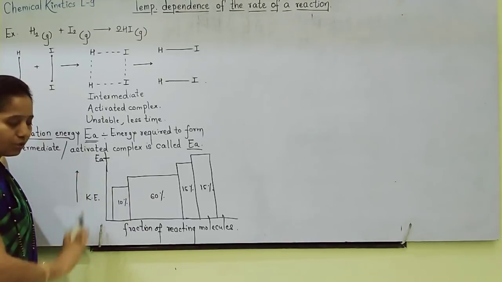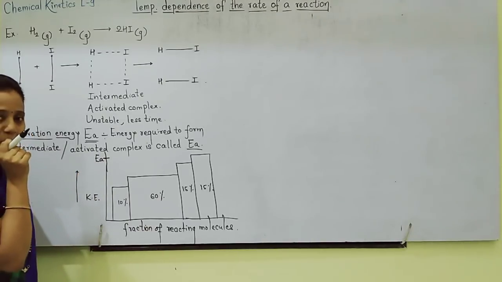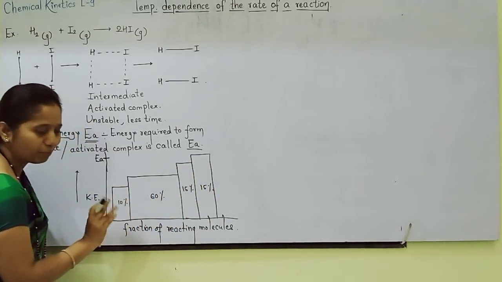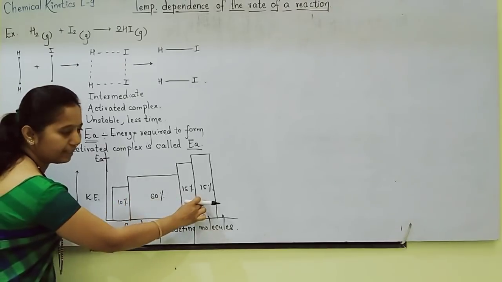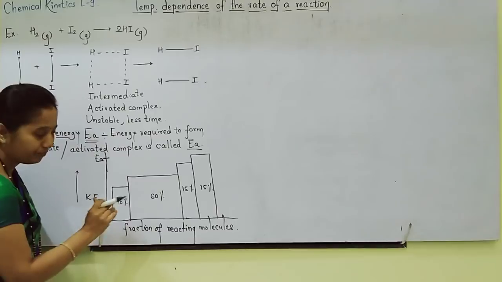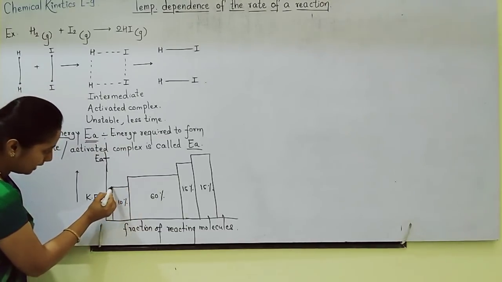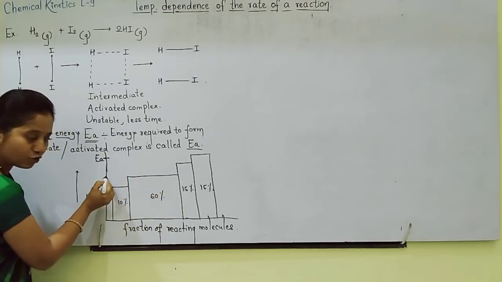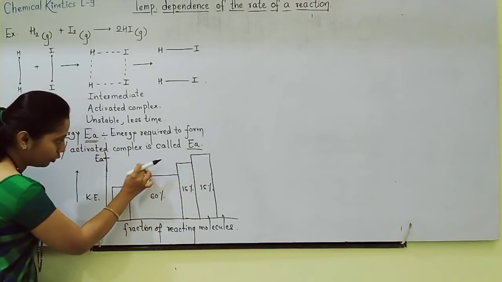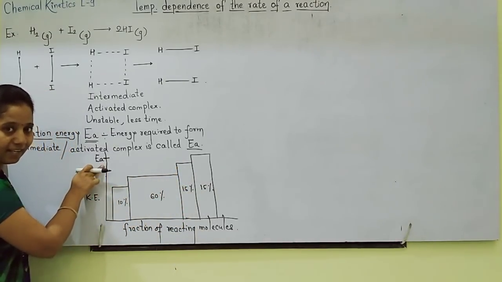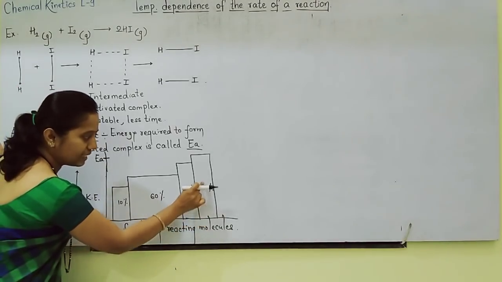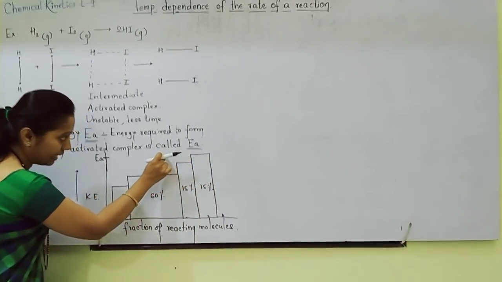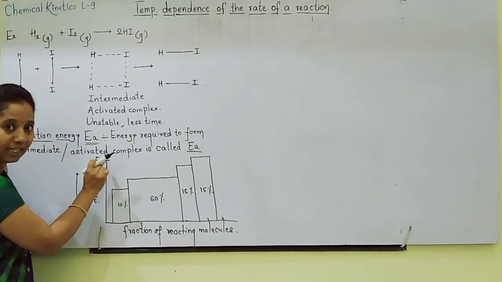Yes students, let us look at this graph and try to understand the topic Boltzmann factor. Here I have taken 100% reacting molecules. The total of 10, 60, 15 and 15 means 100% reacting molecules I have shown. 10% reacting molecules are having kinetic energy this much. 60% reacting molecules have a little more kinetic energy. These 15% reacting molecules have kinetic energy a little less than activation energy, and only these 15% reacting molecules, the last column, have their kinetic energy equal to activation energy.